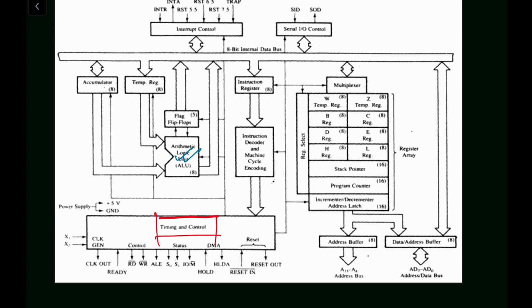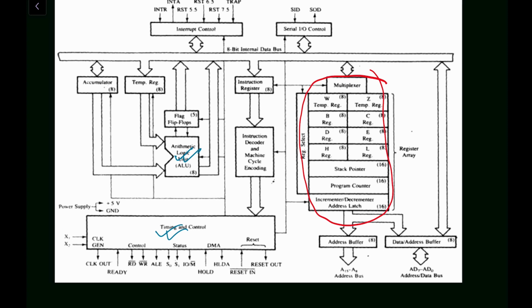Now we have completed this second unit of this block diagram. Now let us go to our third part, that is the registers. Here we can see these are the registers. These are the registers that are used by the microprocessor for temporary storage and manipulation of data and instructions. So the data remains in these registers. When you perform some operation, the data will remain in these registers until it is sent to the memory address or the input output devices. Under the operation or the processing part, it will retain the data.